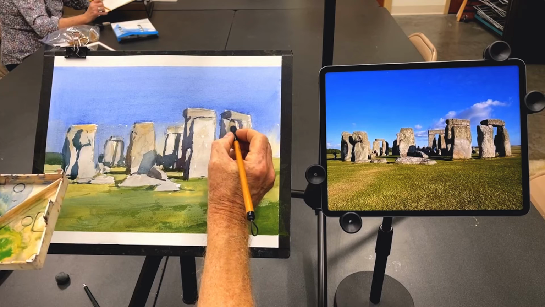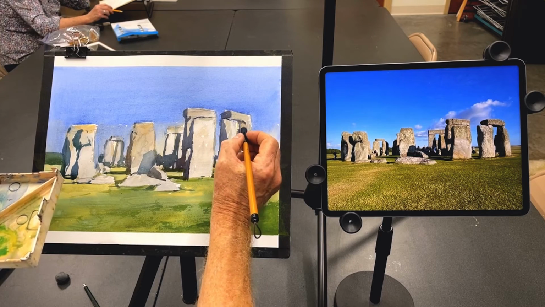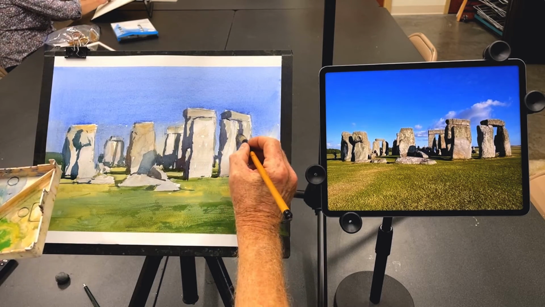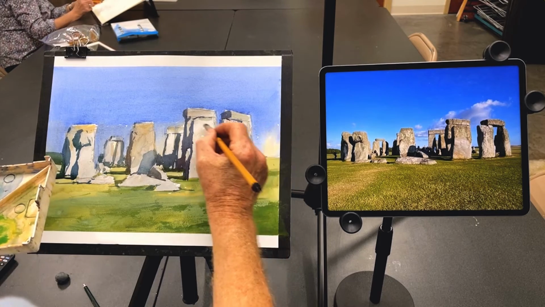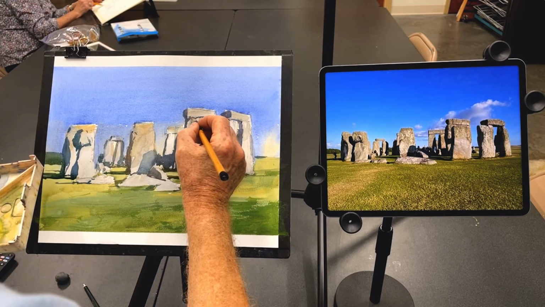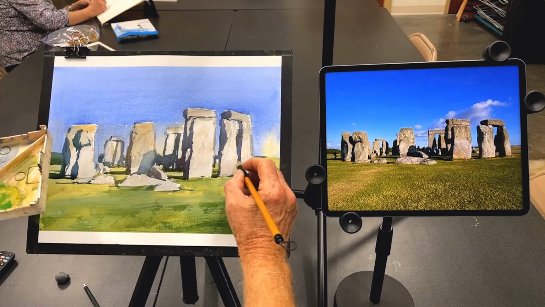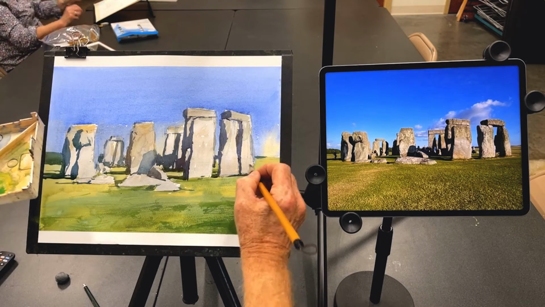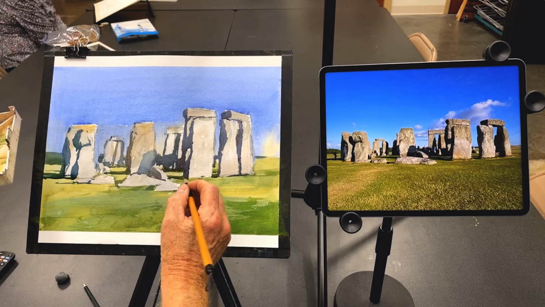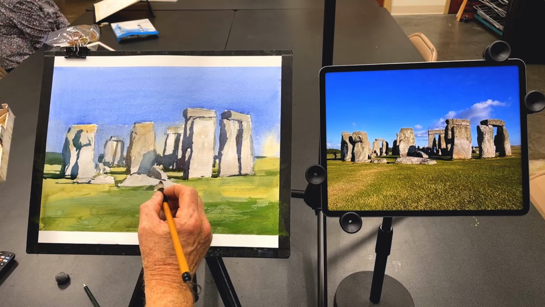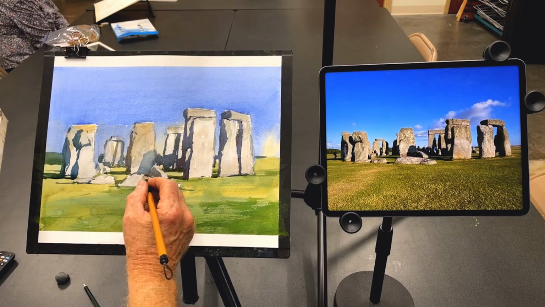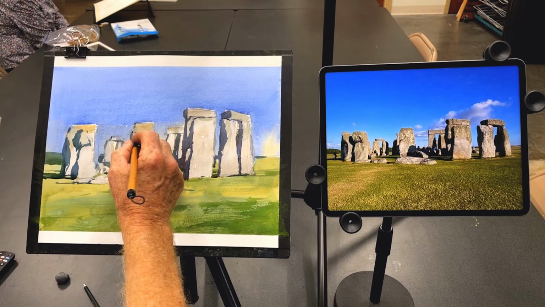And I can finesse some of these shapes, particularly the crevicey areas where one stone sits upon the other. And you can see I did get them a little bit skinnier or a little bit fatter here and there where they shouldn't be. But